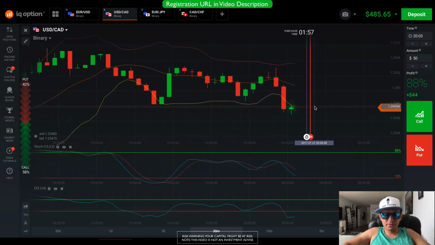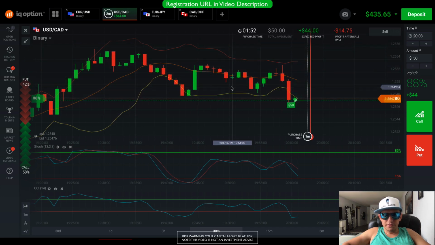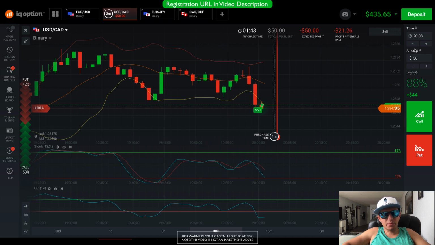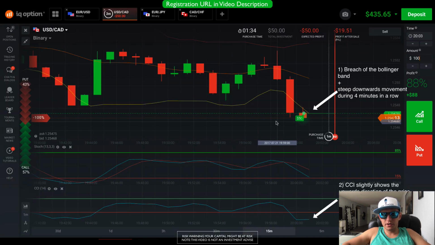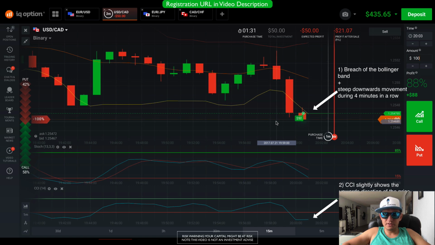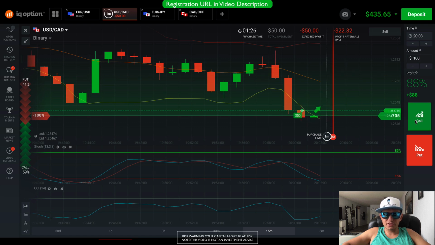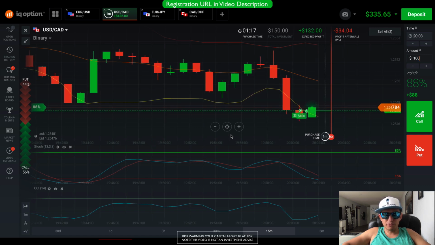Okay, this looks good. So I do have the confirmation from the Bollinger Band. I do have the CCI showing the upwards direction, and of course it's invisible, but this is the support line, the green dotted line that you can see here. So that's why I do believe that it's going to reverse. Check out the explanations. This is just the confirmation of what I just said. And I'm going to proceed with the $100 trade in the same direction. So 2 trades for the upwards movement,